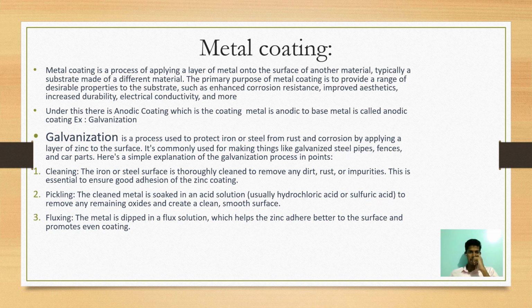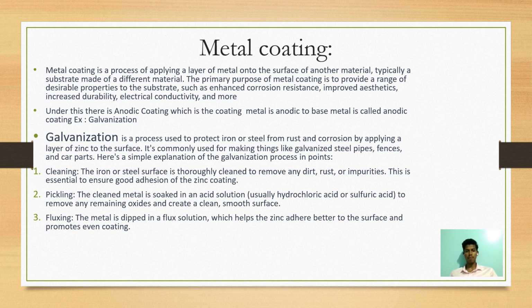Coming to the first one, metal coating. Metal coating is a process of applying a layer of metal onto the surface of another material, typically a substrate made up of a different material. The primary purpose of a metal coating is to provide a range of desirable properties to the substrate, such as enhanced corrosion resistance, improved aesthetics, increased durability, electrical conductivity, and under this there is anodic coating, which is a coating metal that